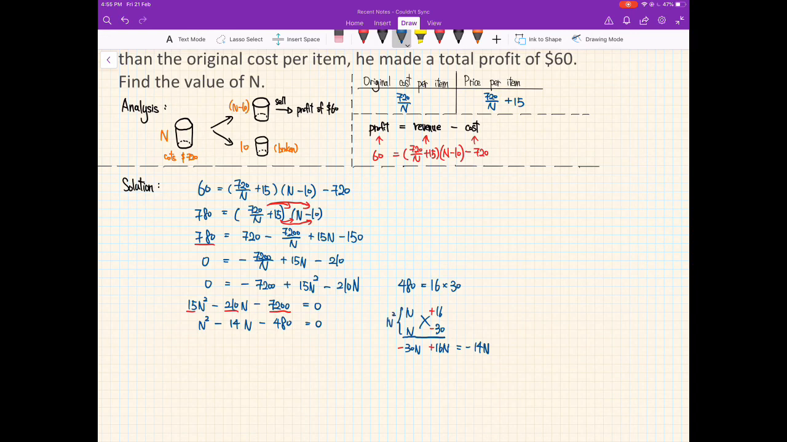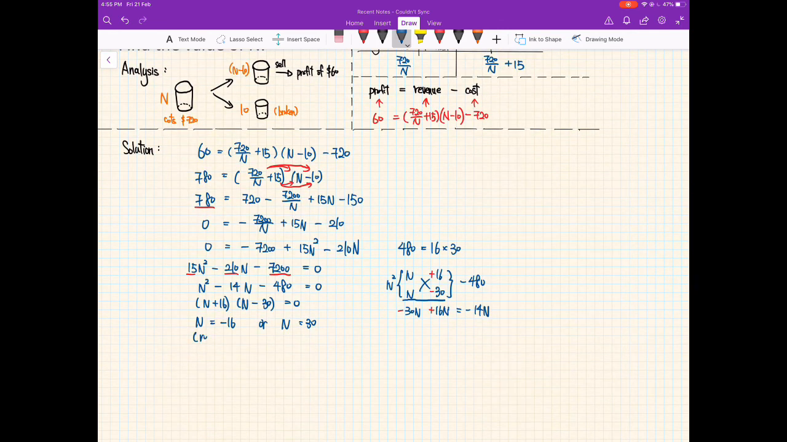n times n is n squared. Positive 16 times negative 30 is negative 480. So we can write this equation as n plus 16 times n minus 30 equals 0. n equals negative 16 or n equals 30. Since the number of items won't be negative, we reject n equals negative 16. Therefore, the value of n is